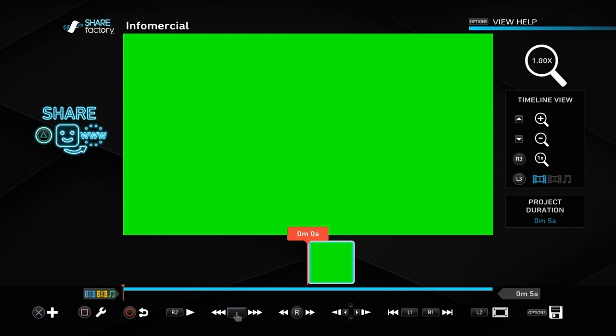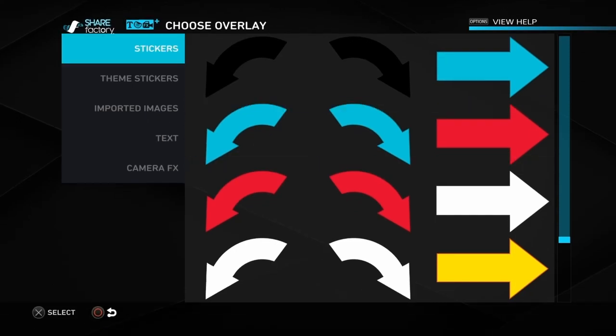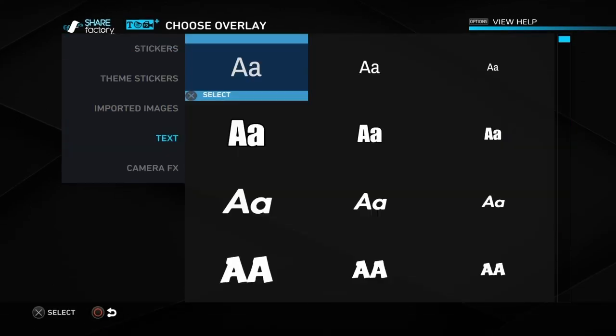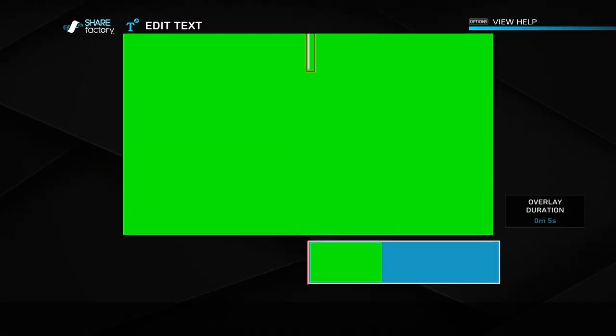So once we've done that, we want to go to the beginning of the clip and push the cross button and go to overlay or add overlays, and then we want to go to text and choose whichever text you want. I'm going to use this one here, and then what we're going to do is just type in the words that we want. So in this case, as an example, I'm just going to put link in the description,